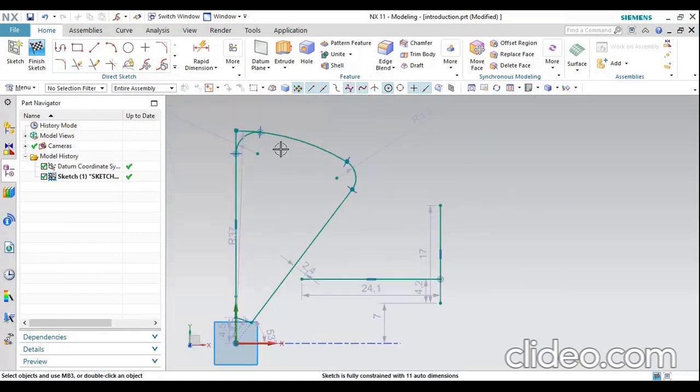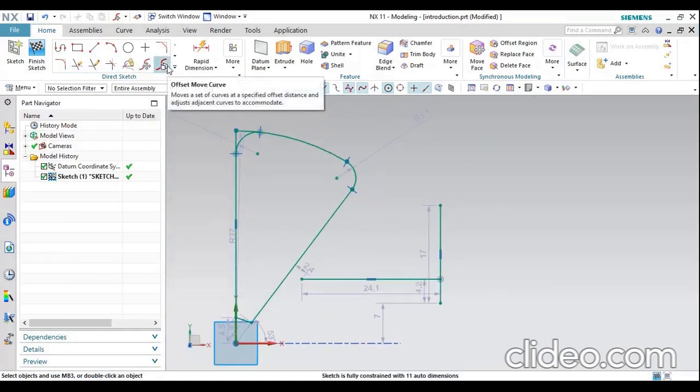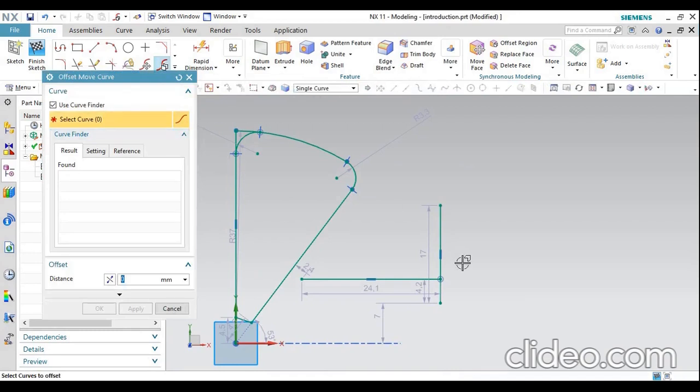Then next, offset curve will be used to offset the curve at a distance of 2 mm.